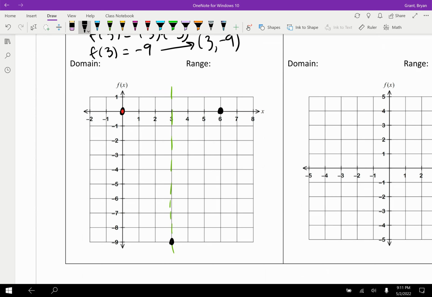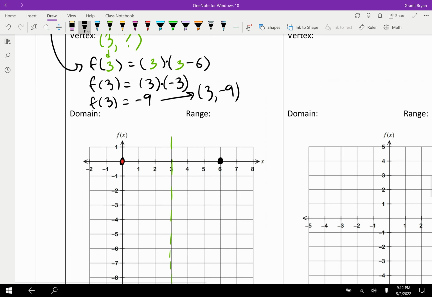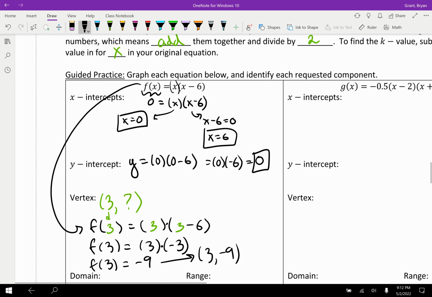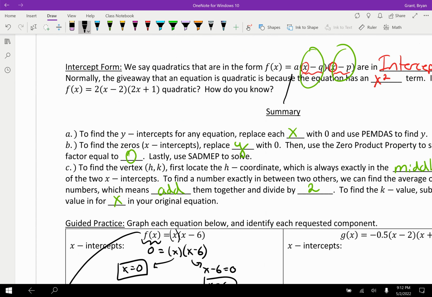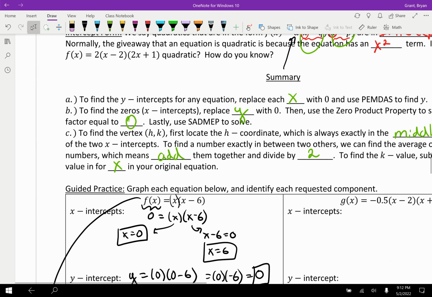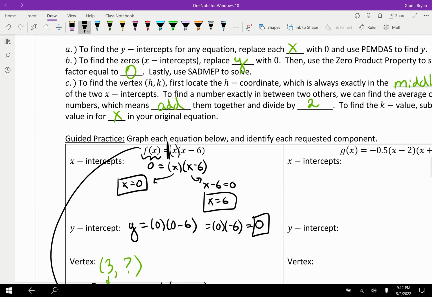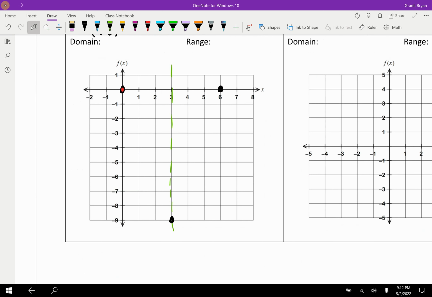Now, you might look at this and say, well, wait, that's only 3 points. Aren't we supposed to have 5? Yeah, we do prefer that you have 5. So go ahead, take a look at your equation up here, and think about that a value, right? When we talked about this, there was the a out front. Well, the a out front is that invisible 1, which means from the vertex, always from the vertex, you can go up 1 over 1 in each direction. Once we're here,